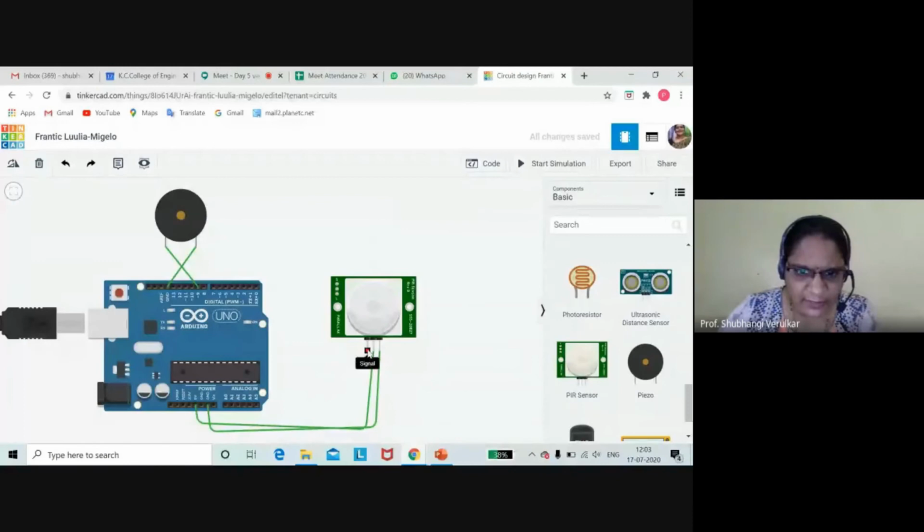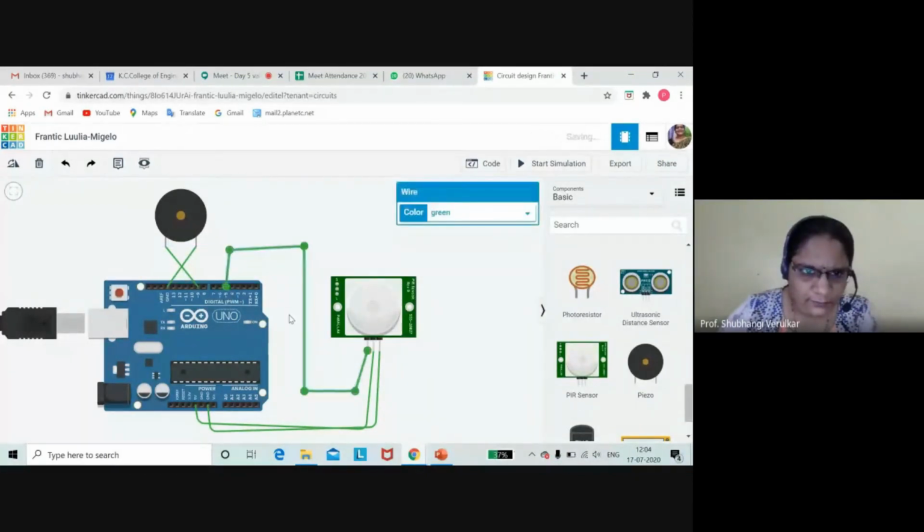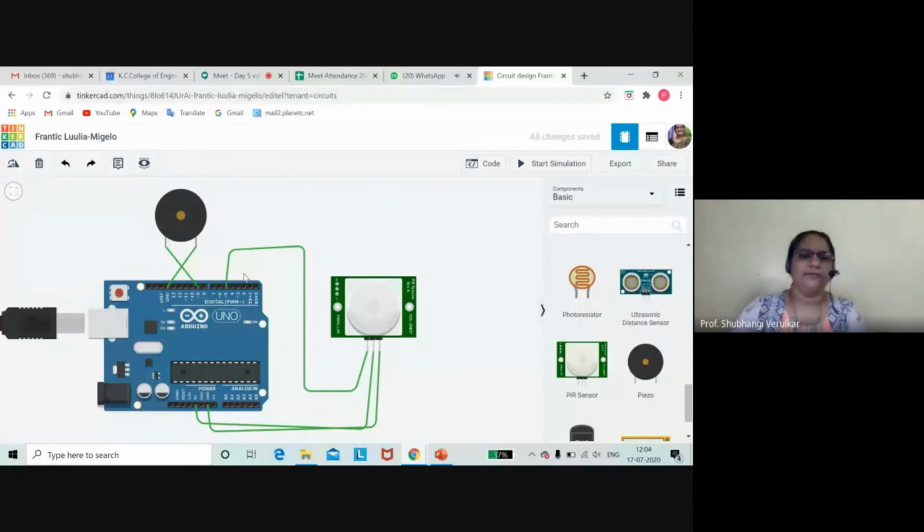Connect the signal pin to any digital input. We have connected it to pin number 5. The design is done within 2 minutes. The circuit is ready with you.